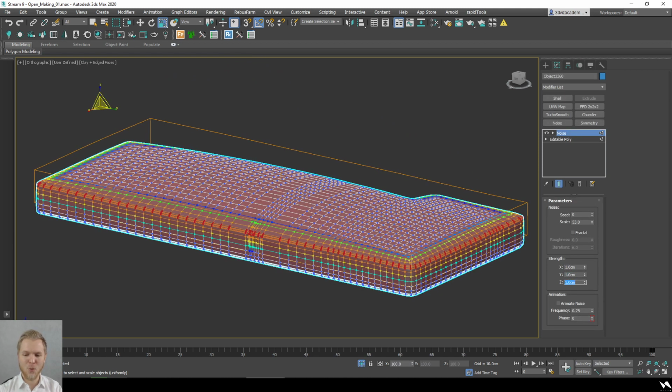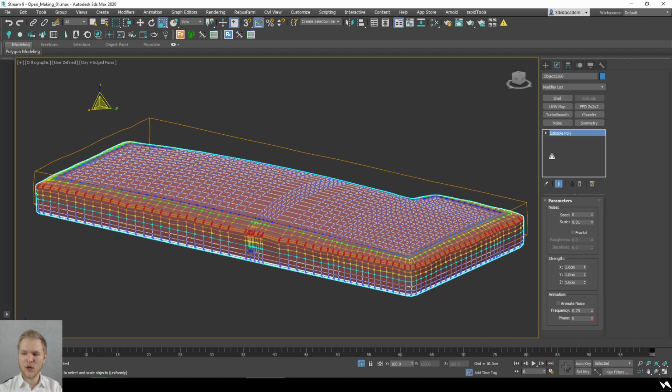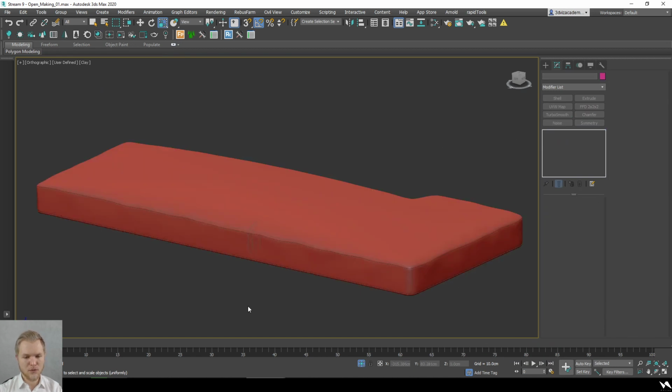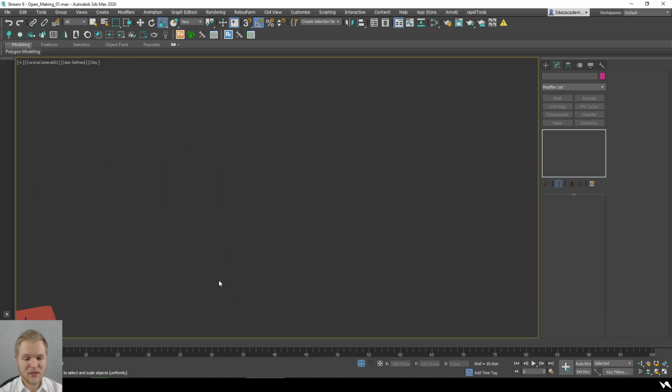I'm going to go for 1 centimeter and still it's going to look good. So let's just jiggle it a little bit more. So convert to editable poly again. And on top of it, we're going to add turbo smooth. And now we have a nice organically looking sofa that is going to be a tremendous add-on to any of your